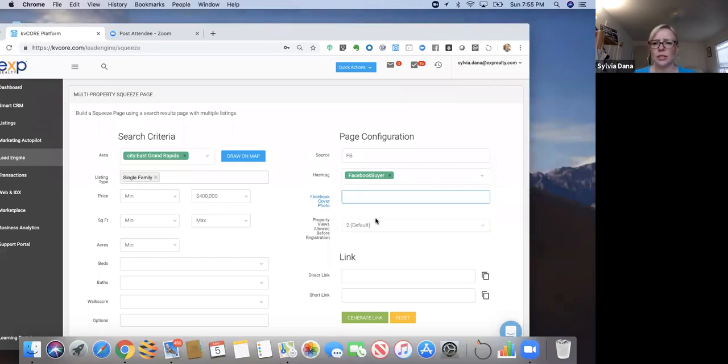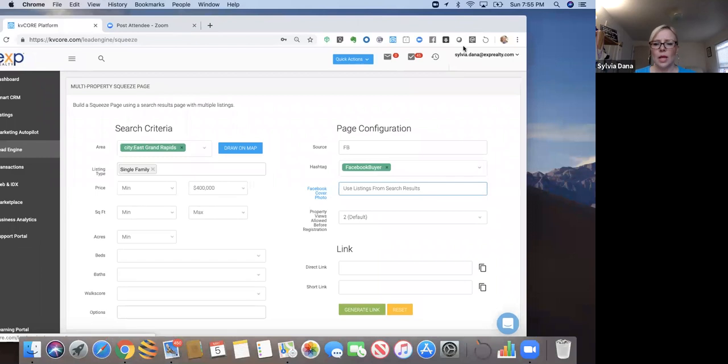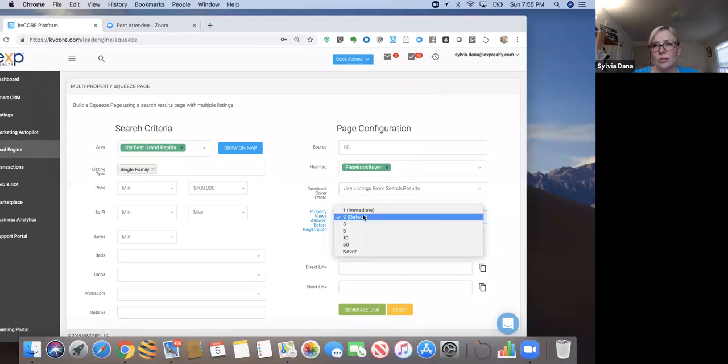And then I'm going to use the listings from the search results. And then I'm going to click on, here where it says property views allowed, this means how many pictures basically can this new lead look at before I ask them to register. And the default is 2. You know, and I could increase that a little bit so that, maybe if they're on my site a little bit longer, they're a bit more likely to register. So I'm going to increase it to 5. Okay. You can do this however you want. And then